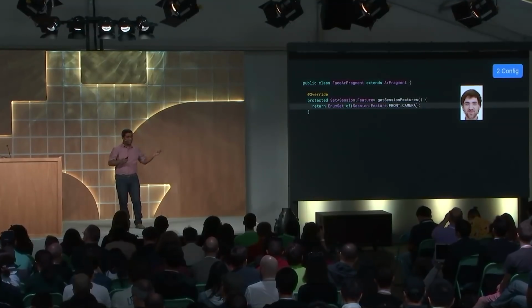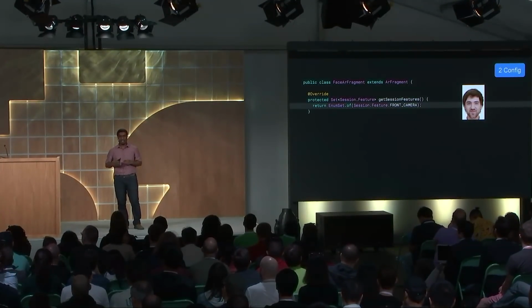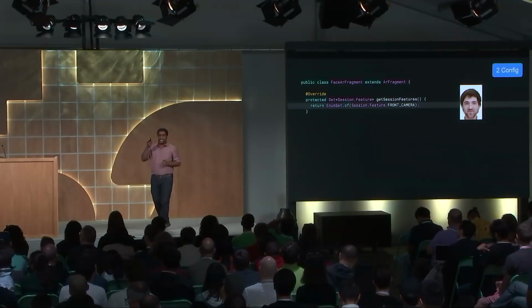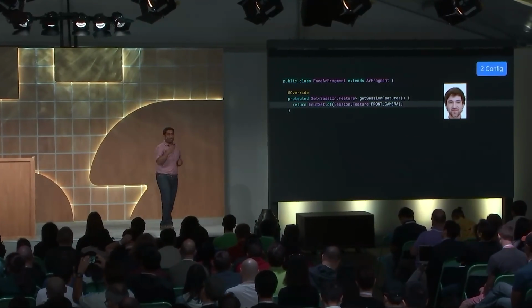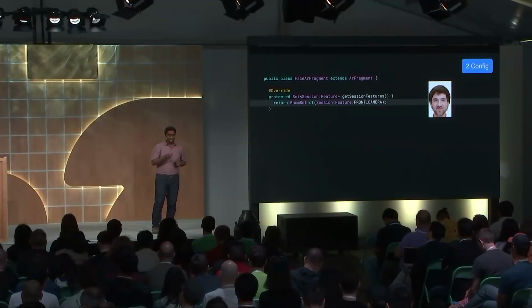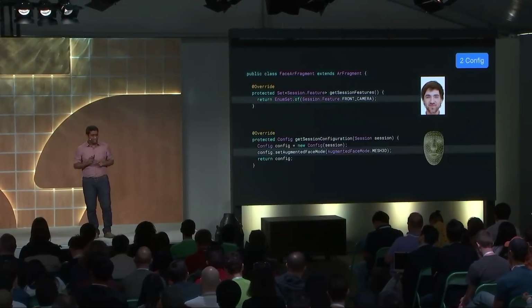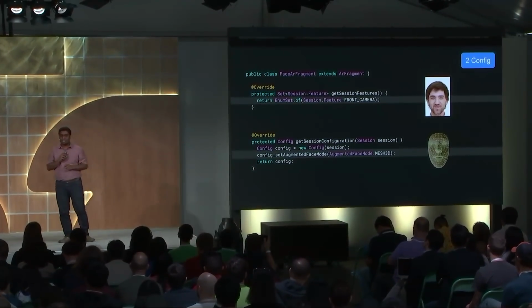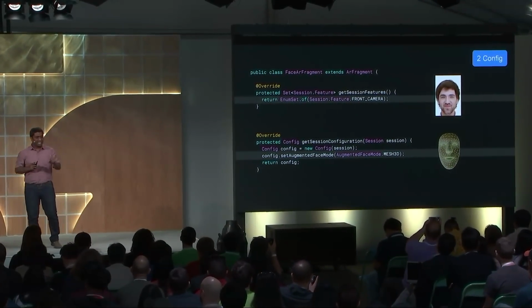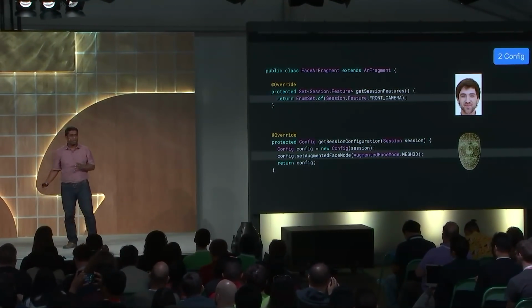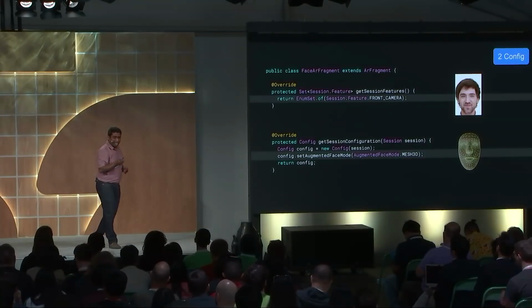Now that we have virtual content, it's time to write code and use that virtual content. First, we will configure ARCore. ARCore by default is configured to run plane finding on rear-facing cameras. We will override that configuration using this step to configure it for the front camera and to output 3D face mesh. This is an indication to ARCore that it should run the model inferences to generate face mesh every frame.